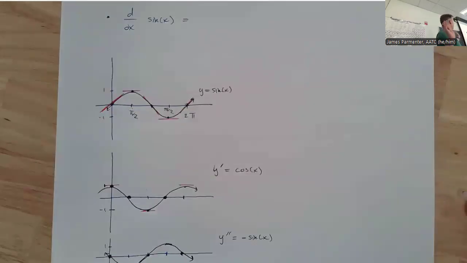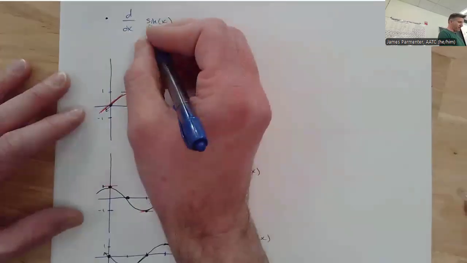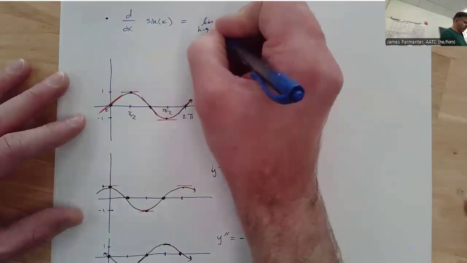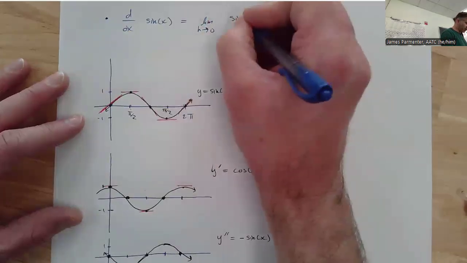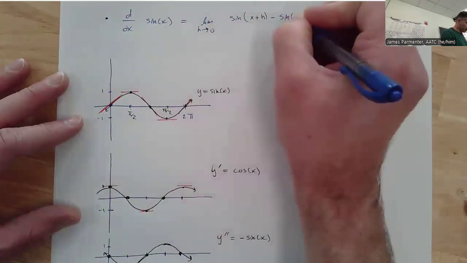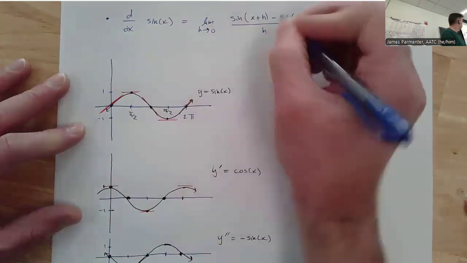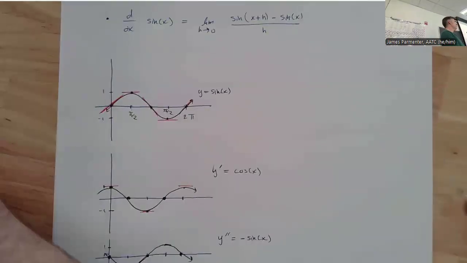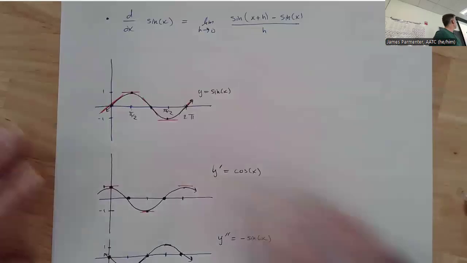But just using the limit definition here, the derivative of a function of x is going to be the limit as h approaches 0 of the function evaluated at x plus h minus the function of x, divided by h. And at this point, you're like, well, what do I do now? Well, this is where you have to use